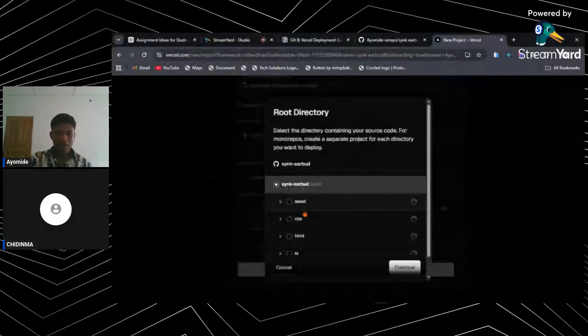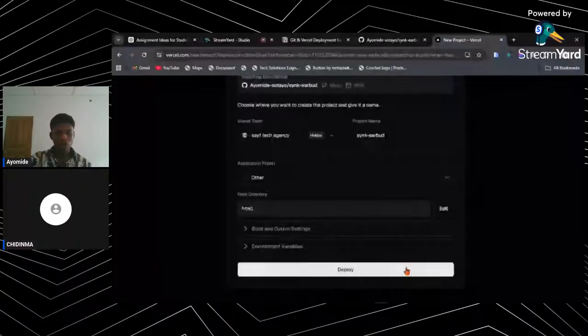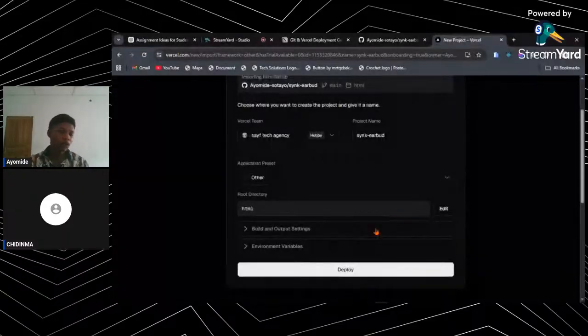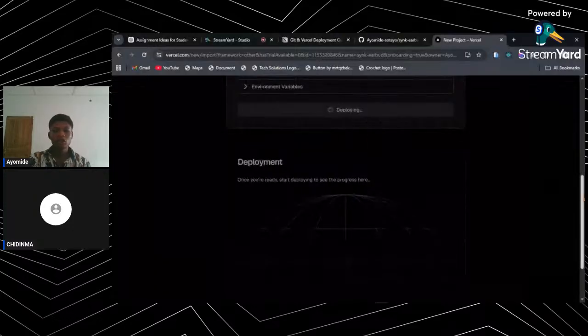So you can see we have this thing. I'll click on HTML and I'll press continue. Like that, it knows where to look for my index.html file, because the index.html file is like the entry point to all HTML files. So this is just easier. Then you just click on deploy. When we click on deploy,